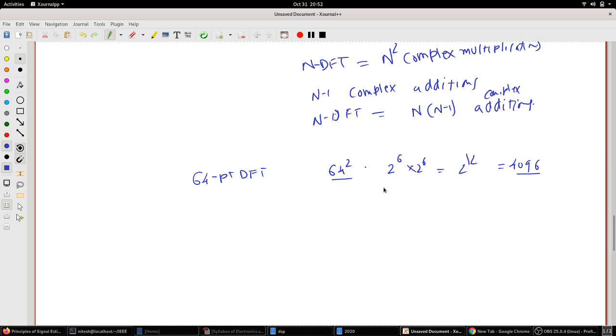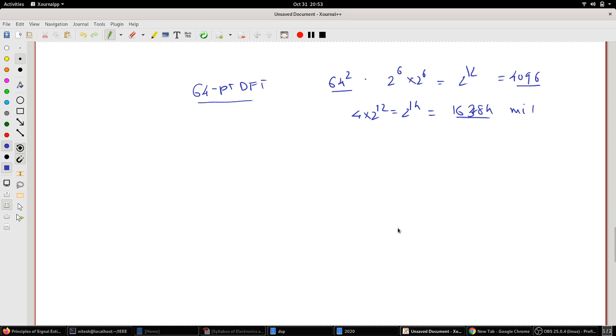Every complex multiplication involves 4 sub multiplications. So it's actually 4 into 2 raised to 12, which is 2 raised to 14, which is 16384 multiplications, just to calculate a 64 point DFT,